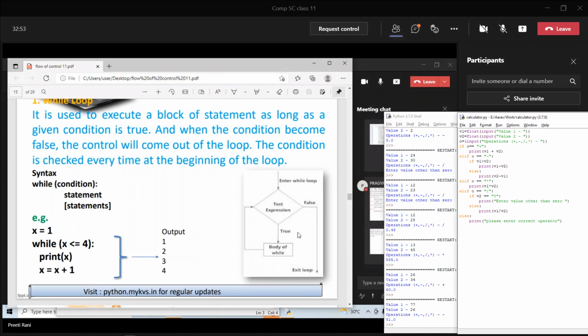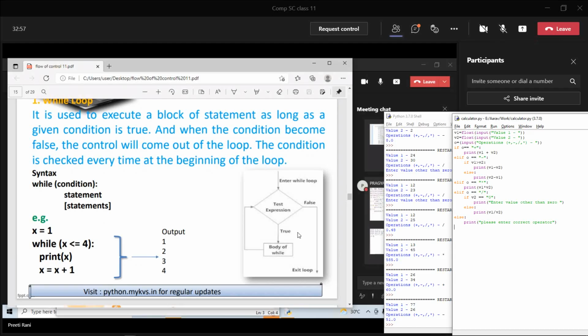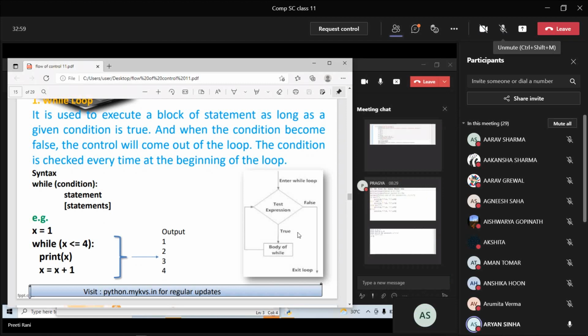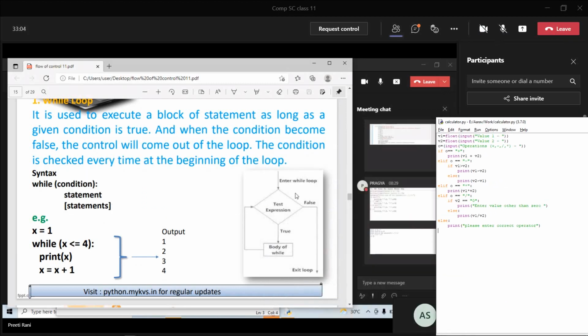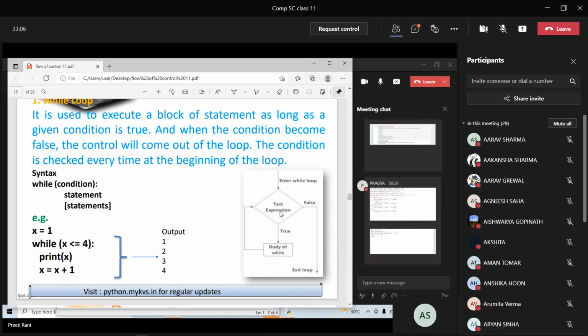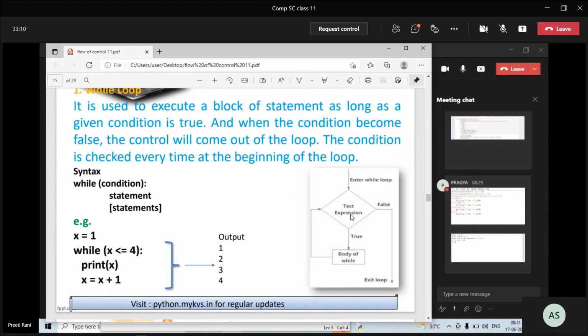Is the flow chart visible, all of you? The diagram? Yes, ma'am. In the diagram, it is given there: enter while loop. If the test expression is correct, what is this test expression we will see through the coding example.